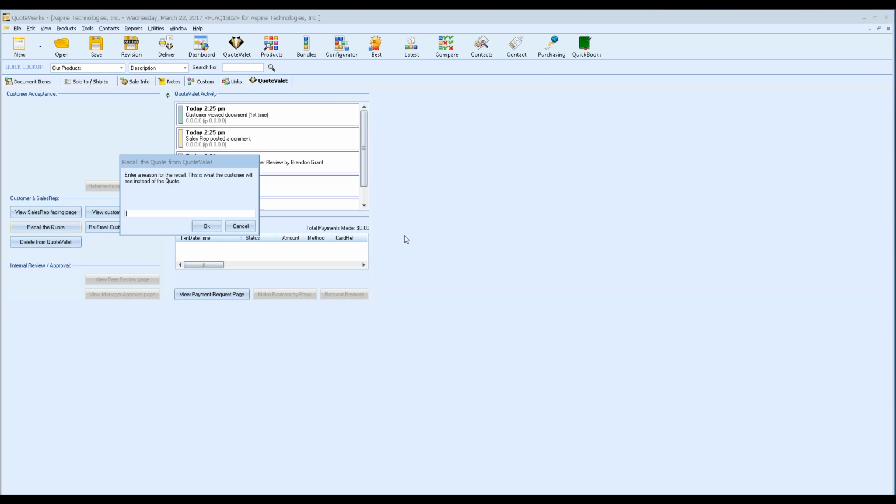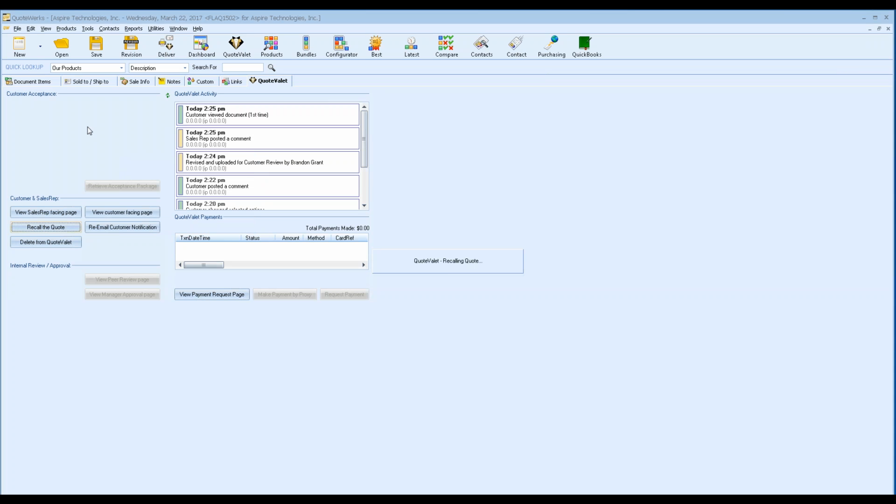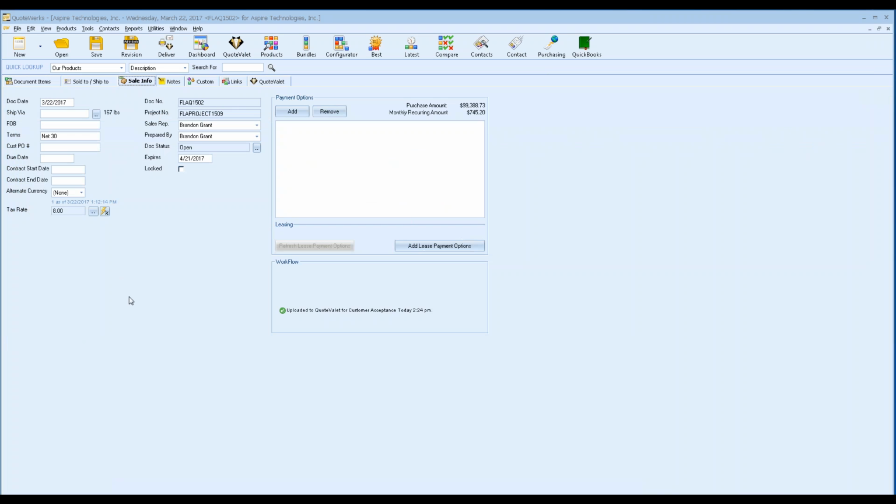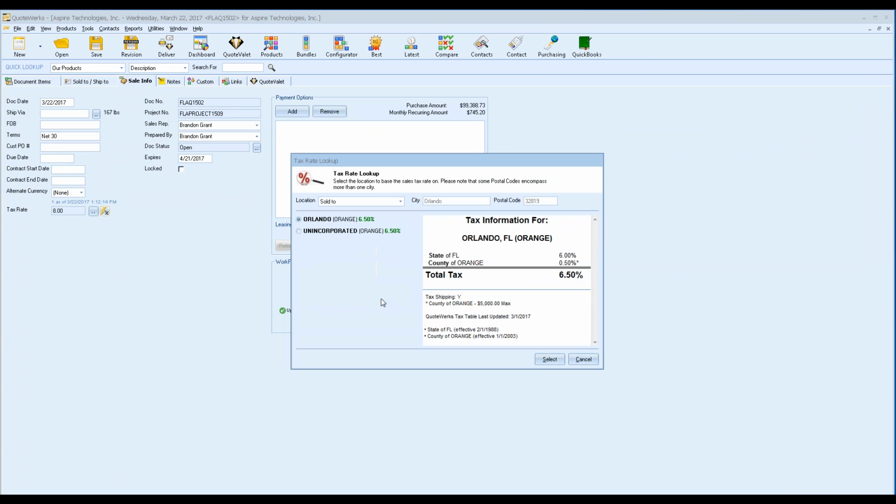So if I choose recall a quote, so I'll recall the document,